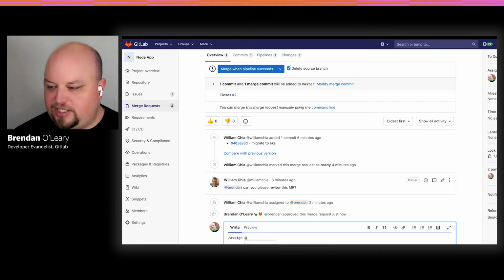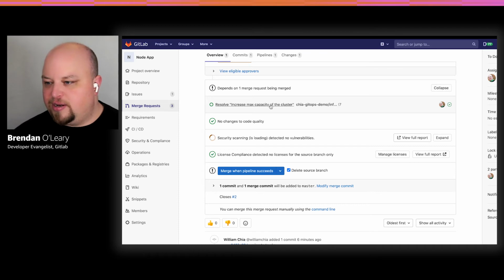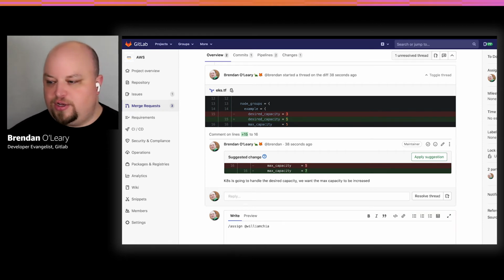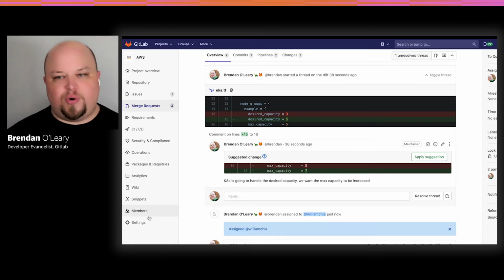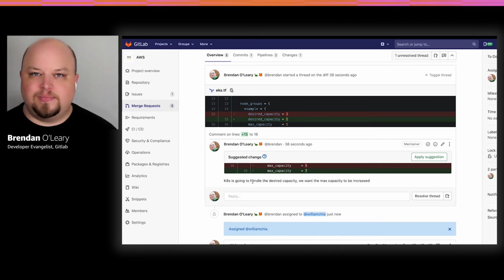Just with this quick action. And actually just remembered I didn't assign that other MR to him. Oh, I can get right back to it here from the depends on. Okay, great. Let me reassign that one to him as well. William, great. So now I've reviewed both of those MRs, approved one of them, added a suggested change to the other one to make sure that it meets the criteria for closing this issue. And I've reassigned it to William so he can take a look and see the suggestions I made and keep us going. William? Hey, thanks a lot, Brendan.